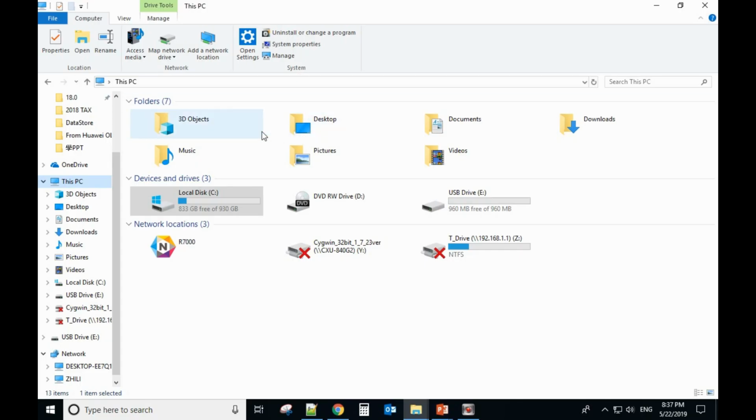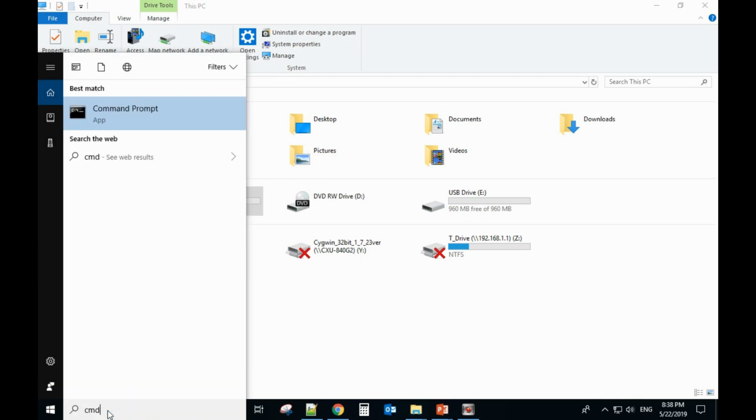You can also use the Windows Experience Index score to check your hardware, to see if you need to change your hardware to make your computer run faster. So this method also works for you when you try to purchase a new computer. You just ask them to run the Windows Experience Index score on the demo computer and see if this computer is good for you. To do that, you go here, type CMD,